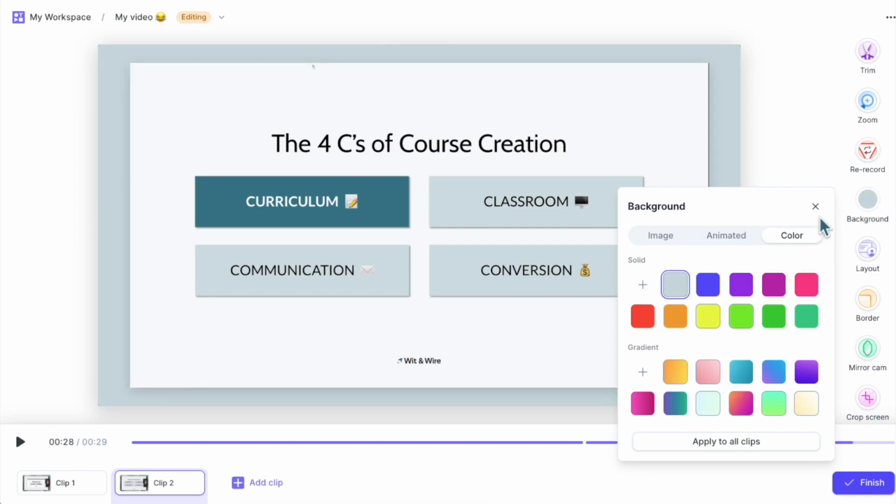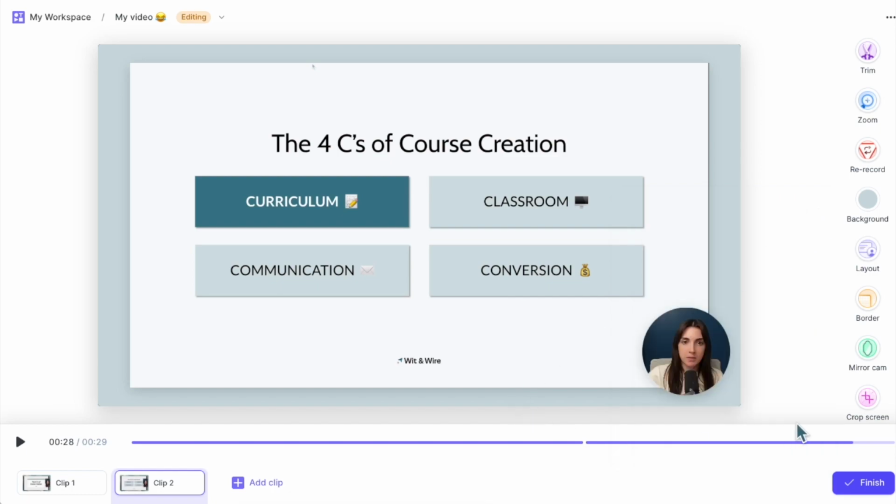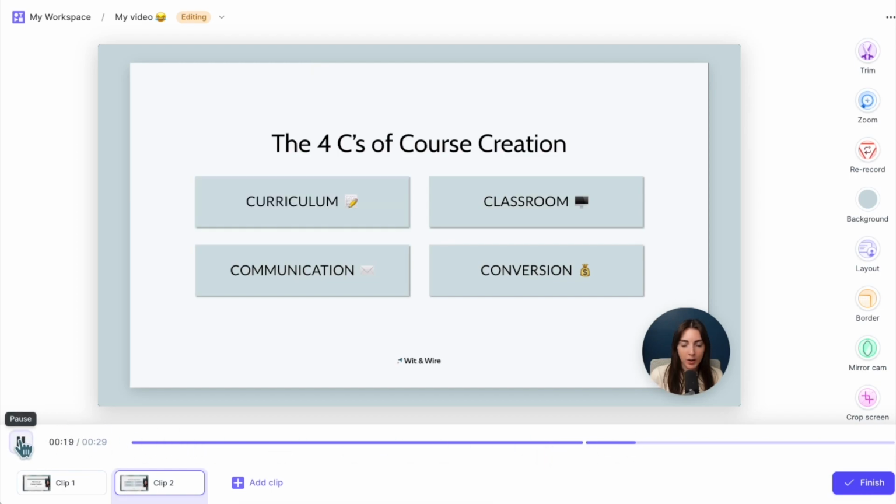Maybe I'll choose just this option for now, and you can add a brand color here or even a gradient. I would say for an online course, this, I would argue, is a bit less distracting. If I'm already going to be skimming through slides, as you can see me doing if I just go back a little bit, I think it's possible that the background having an animation could be a bit distracting, but it's totally up to you. You'll also notice that although I've applied these changes to clip 2, if I go back